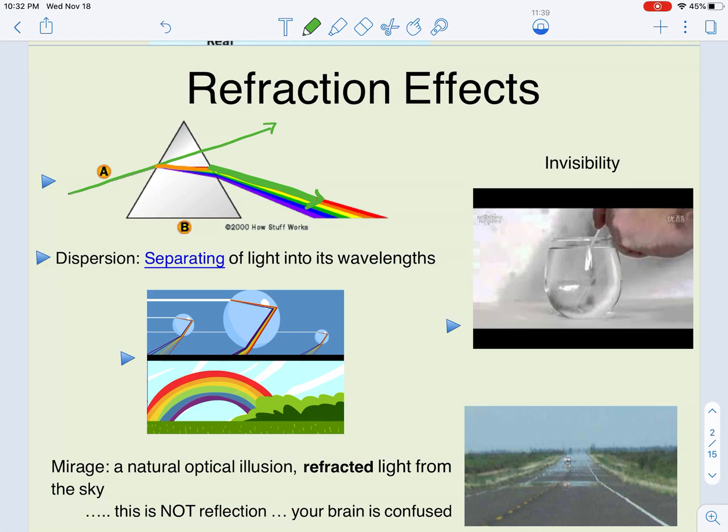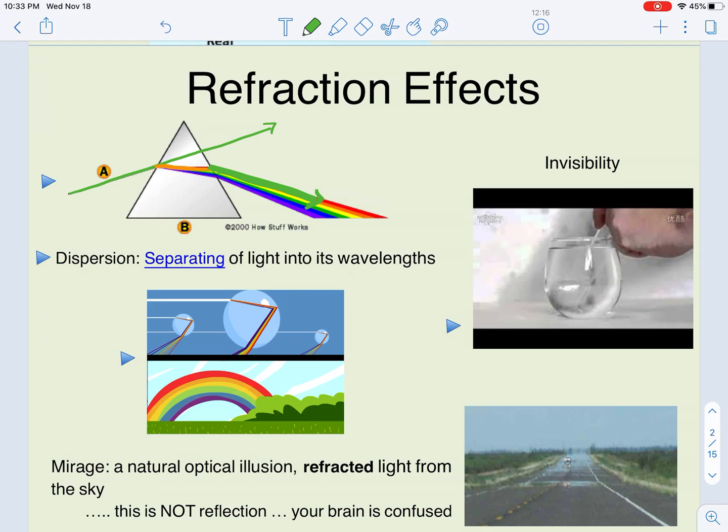So the first thing I want you to recognize is that this is demonstrating refraction, changing the path, or quote unquote bending the light, because new material, new density, different speed. The second thing that we have happening in this example is something called dispersion. And you can see that the word dispersion is defined here as separation of light, or separating light into its different wavelengths. Now, we've already learned about light, and we should understand that white light contains all the different colors